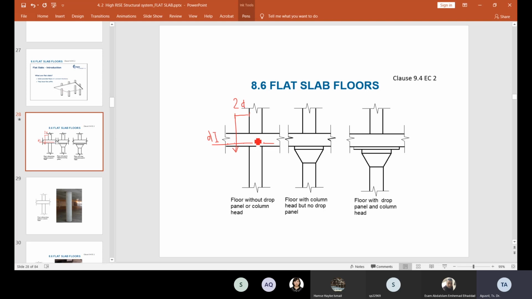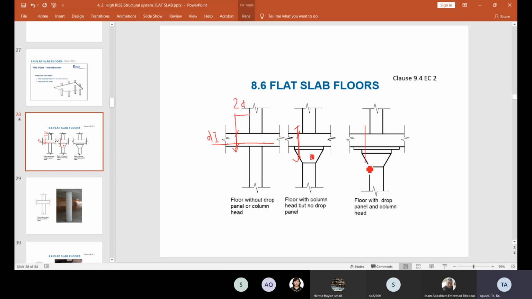And then if after they do the check they found that the slab is not sufficient, they provide this drop. Okay, this is the column head. Provide the column head, so that you can see here the previous thickness is this. This is the previous thickness. And now the total thickness is the thickness of the slab plus the thickness of the column head. Okay, and then if option number 2 is still not sufficient to support the punching shear, vertical shear, then by adding the column head.